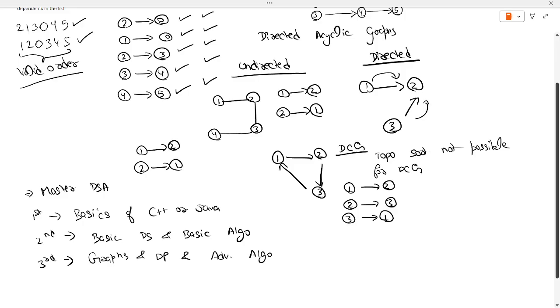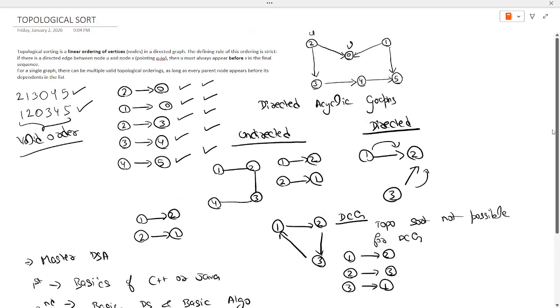If I give you one more real life example, you cannot wear your shoes before wearing your socks. It is obvious. First, you will wear your socks, then you will wear your shoes. So topological sorting is used in those conditions where one task is dependent on another task, and in order to start a task, you need to first complete its prerequisites. These are some real life scenarios where we can use topological sorting. Okay. So in next